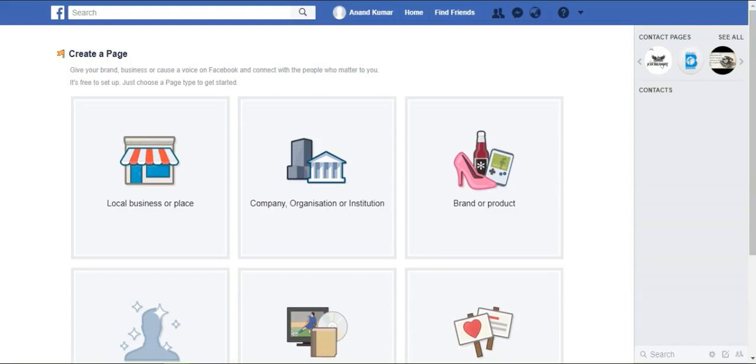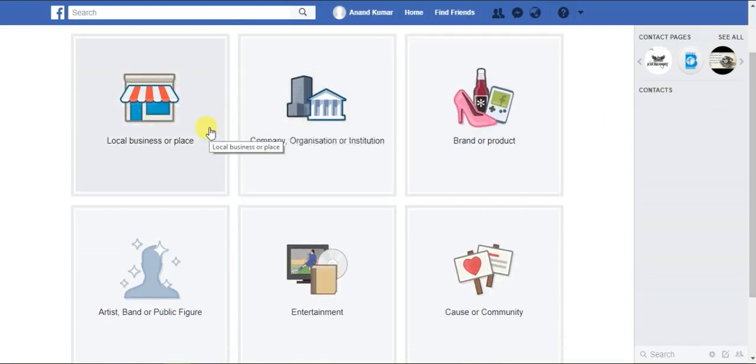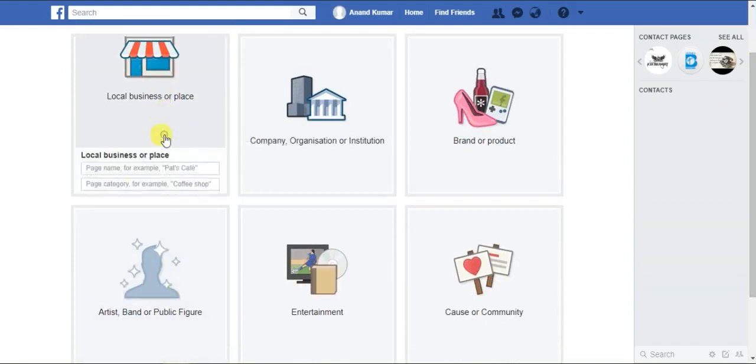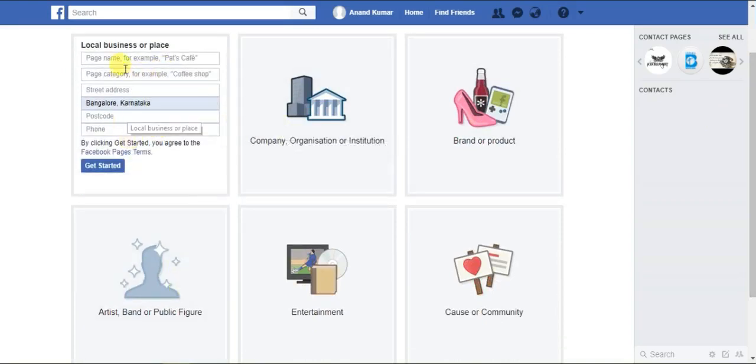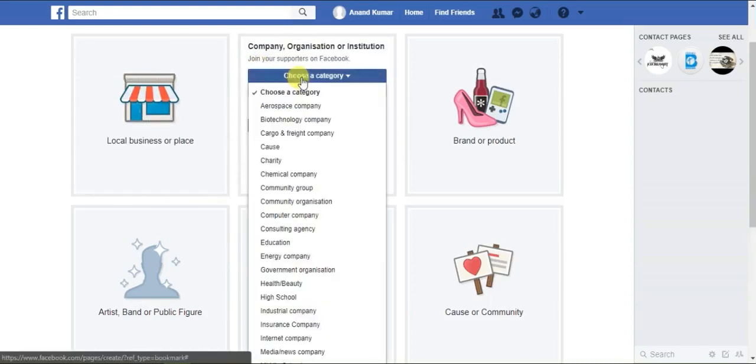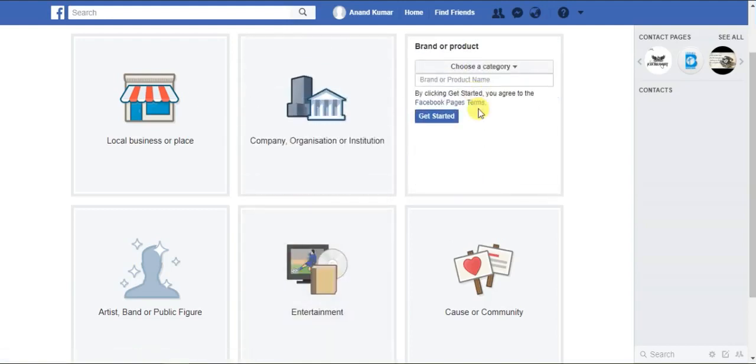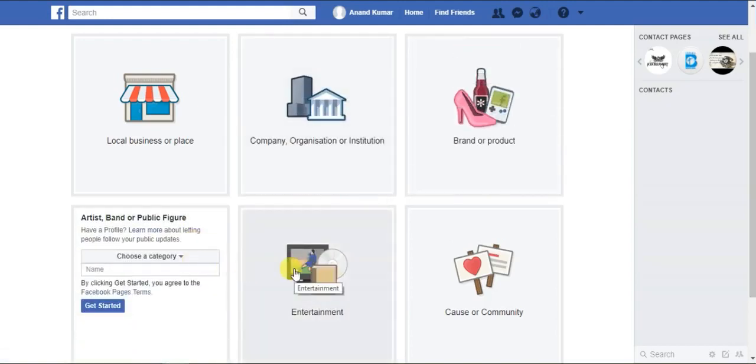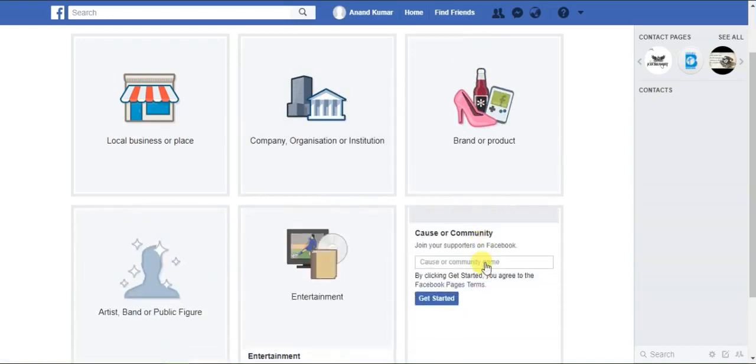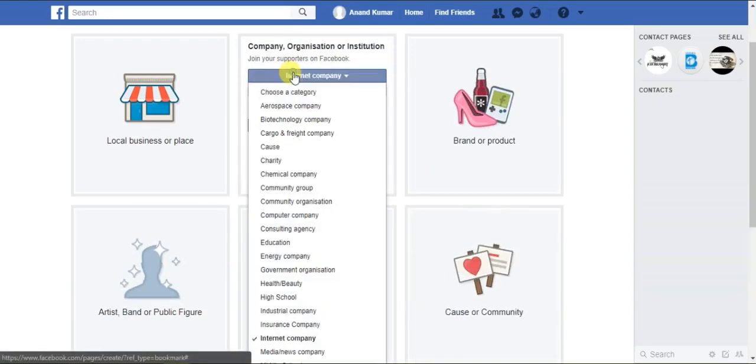So we can consider a Facebook page as our website on Facebook. So now you can see here I am going to create a page here. If you have a local business or place, you can put your local business, place or category and then street address. If you have a company or organization, you can select your company or organization. Then you can put your company name. If you are a brand or product, it's a similar process. So artist, band or public figure, entertainment, cause or community, so whatever it is, you can select your particular